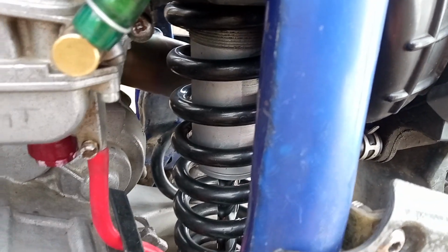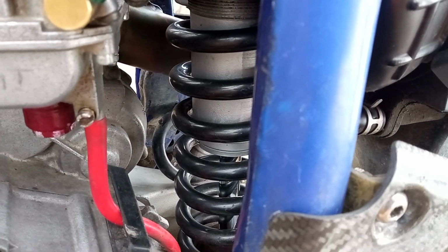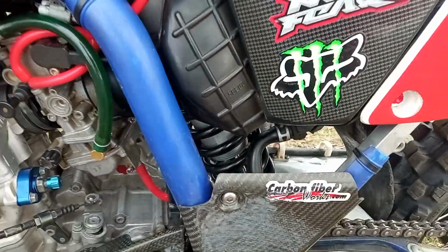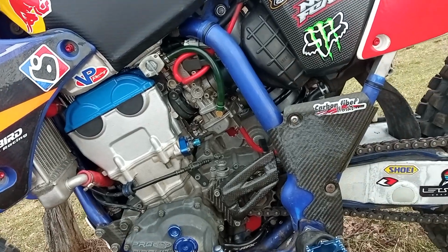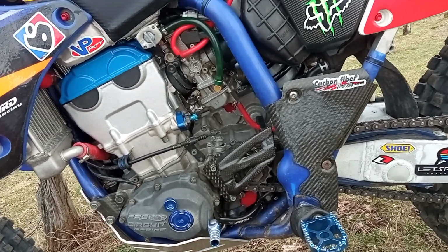This is the producer, and it's 2 numbers stiffer than the original one. I've set the sag on the bike, and it's perfect for my weight and how I ride the bike. It's perfect. Also, you have to take into consideration this type of bike was very heavy,